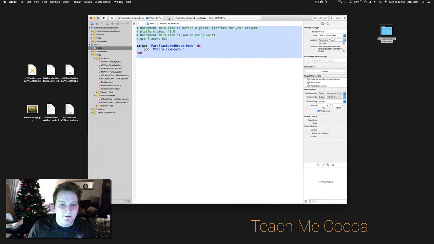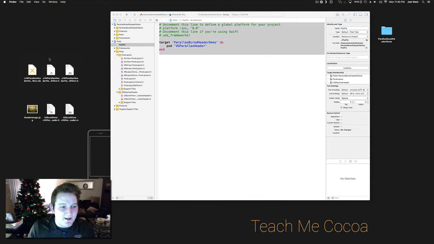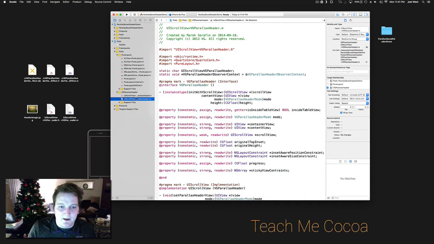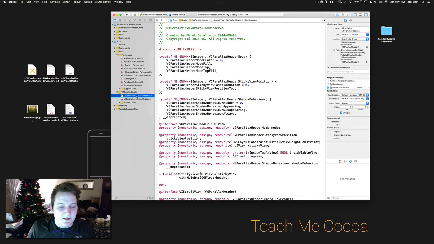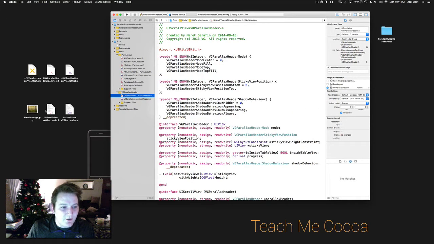You'll see a link in the description to a few downloads. So there's a little helper class I made here. You'll see the .h, .m and the nib file. You'll also see an image that we're going to use for the header. And then you'll also see two files that are called UIScrollView+VGParallaxHeader. That is these files here. I haven't written any of this software, that is part of the third party. I made a few modifications, so I just copied the entire file here